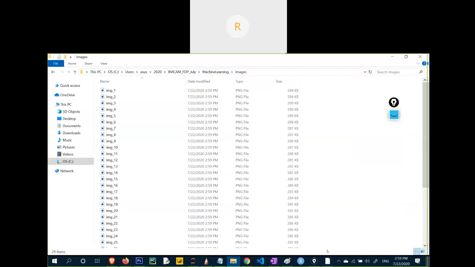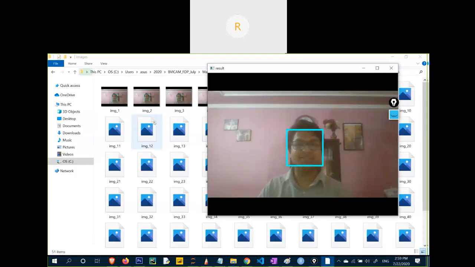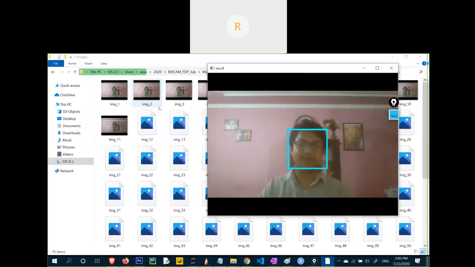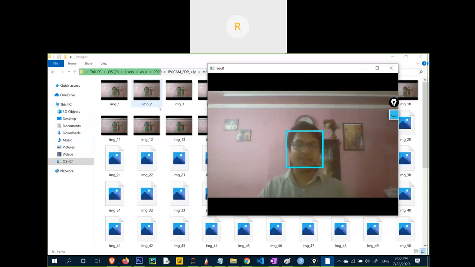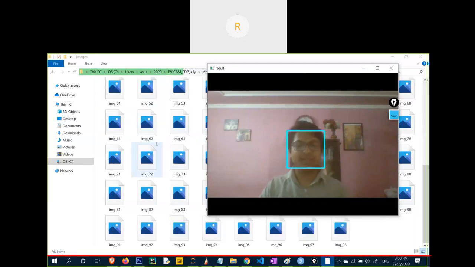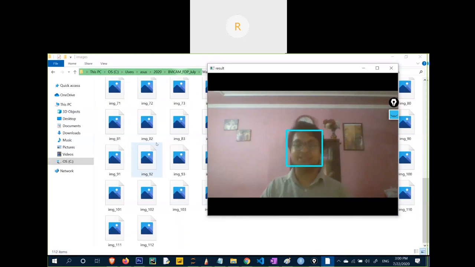One by one it is saving images of my face, or actually not just the face, it is downloading the complete frame it is receiving. I want to store just my face. You can see it is continuously detecting my face and saving images one by one.